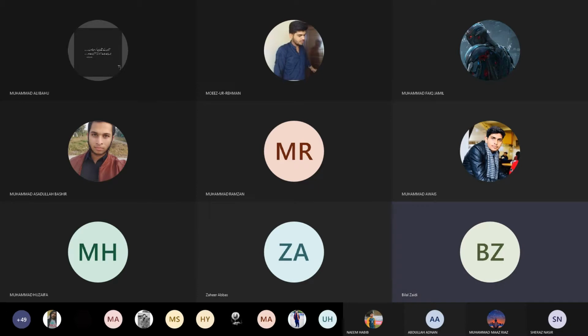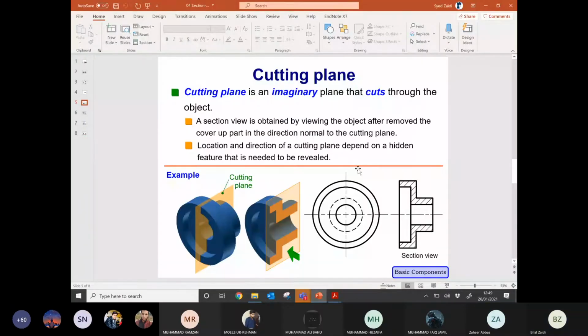So if you look at this screen, you can see that there is an object on the left side. It's a part of a machine or anything like that. And if you place a cutting plane in between the object, what is a cutting plane? A cutting plane is an imaginary plane that cuts through the object.